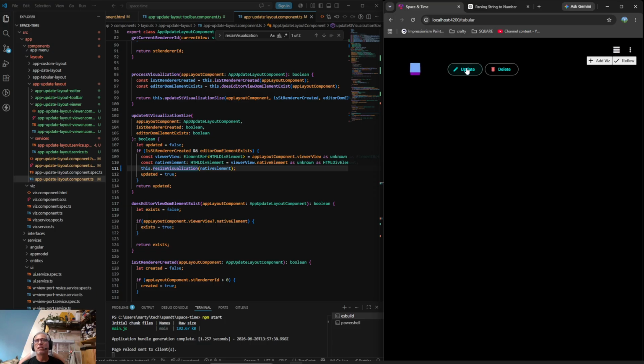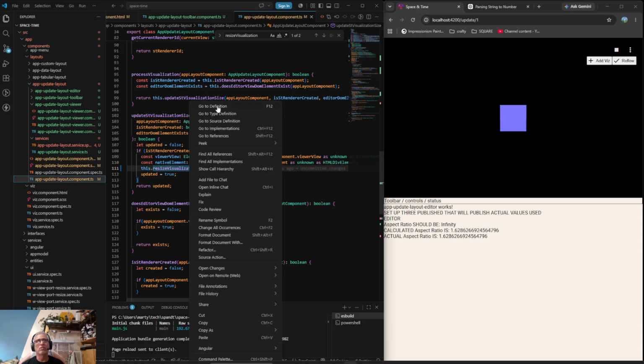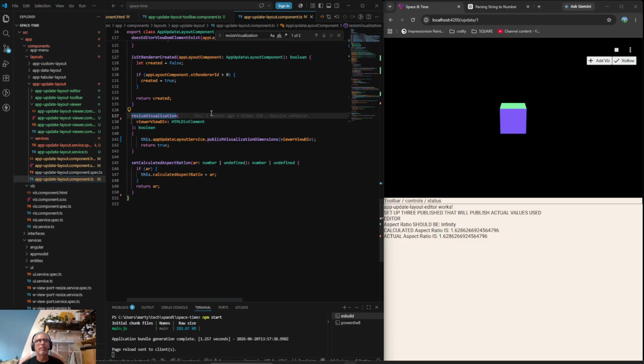More wins. And this is something that used to take me hours and hours and hours to unwind code and go through and all that. But just with time, I've gotten where I can do it very quickly. All right, so here, instead of resize visualization, I think we can just call the function because resize visualization only calls one. Go to definition. Yeah, see, this is all this does. So theoretically,